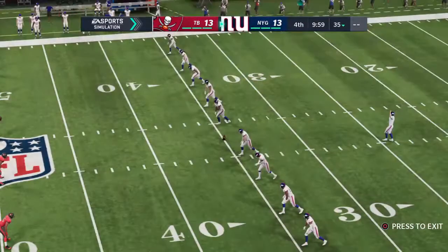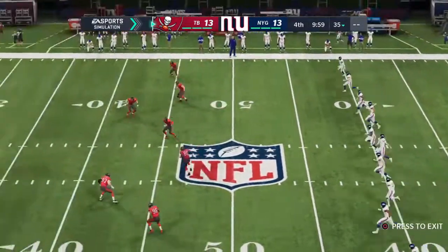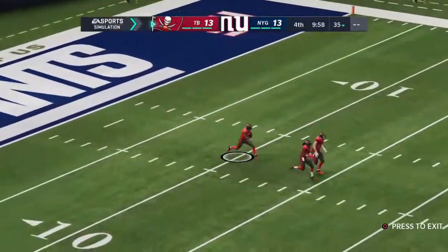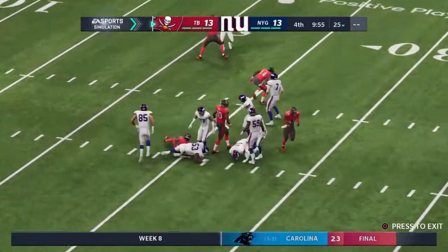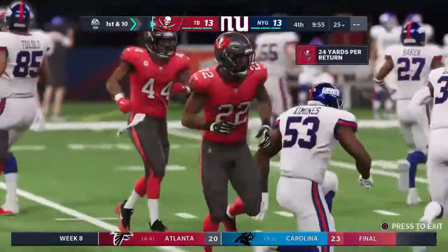Well, you talk about clutch. That one was right down Broadway, and this game's all even here in the fourth. Yeah, he didn't leave any doubt, did he? Good snap, good hold, dead center. Almost like a big-time golfer in a major, firing at a pin from the fairway, trying to win the tournament going down the stretch. At their own 25-yard